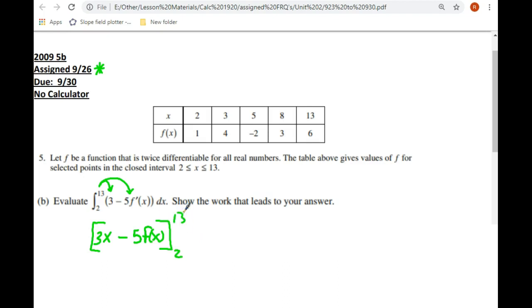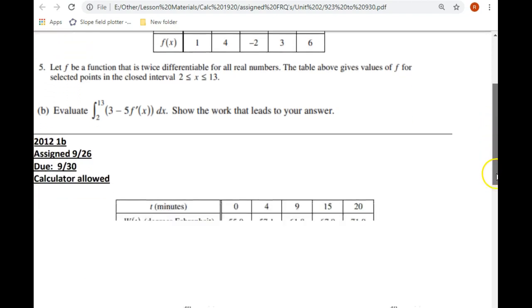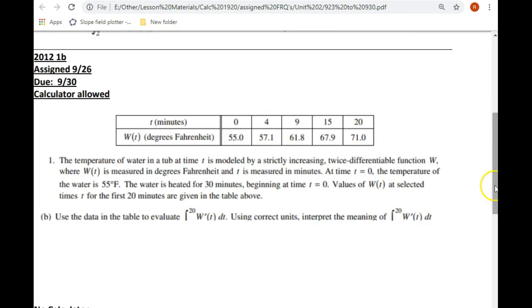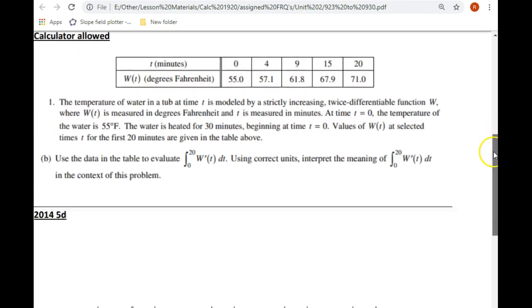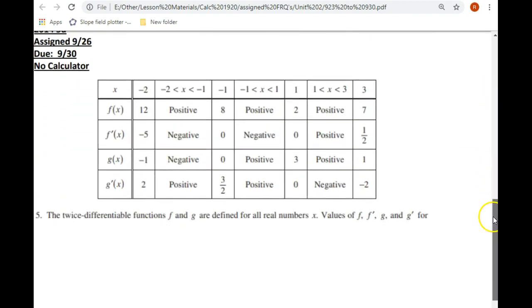Okay. The next question, let me erase that. (2012). I don't think you guys are going to need any help on this one. It's actually quite similar to the one I assigned last week. So I'm going to let you guys just read it and work out what you can there. But I will jump down here to our last one,